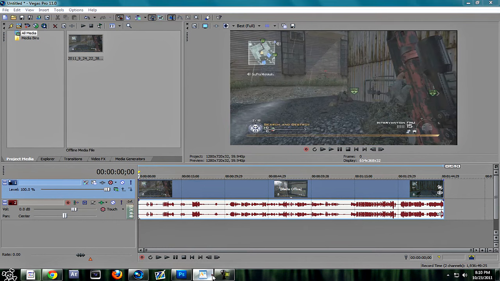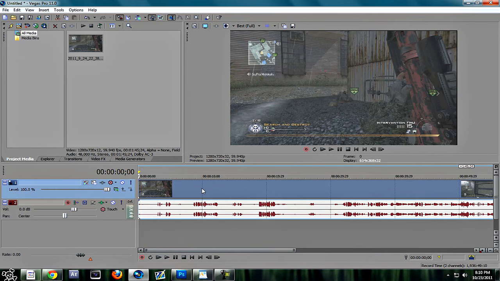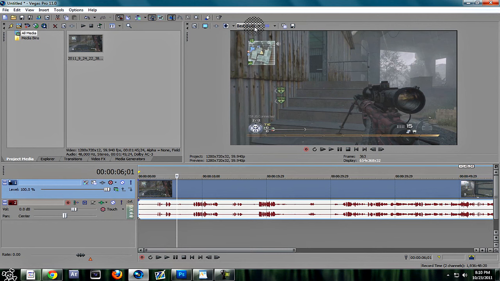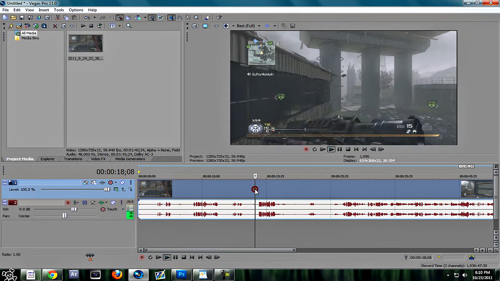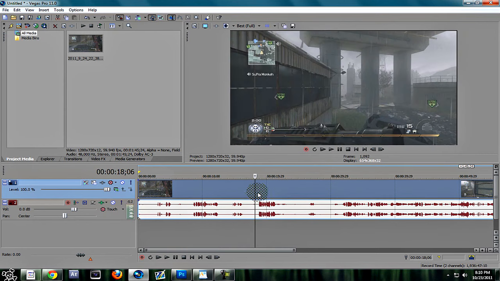Now the first topic we're going to cover here is pre-rendering. To pre-render a clip, what this does basically, it creates a render almost of the clip, and it's usually used for a short segment of clip to make sure you did something right. So if your computer can't normally handle playing best full just on anything, mine can actually, but if yours can't, all you have to do really guys is you highlight an area up here,